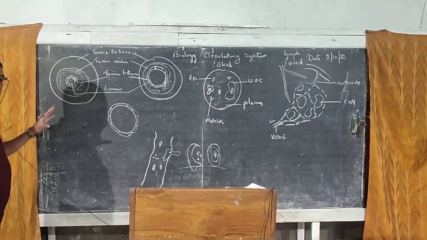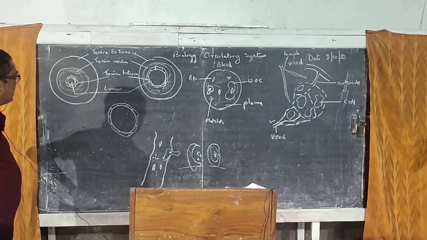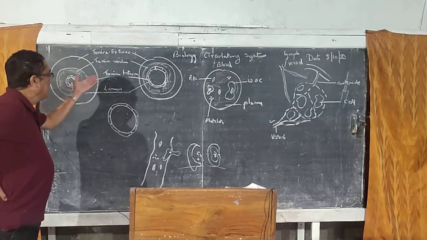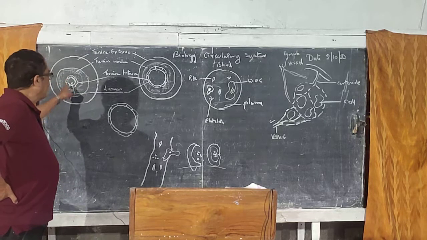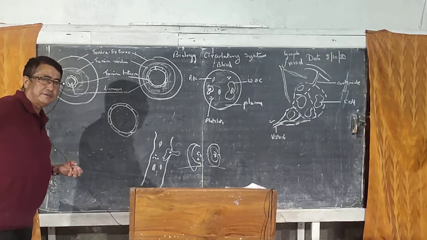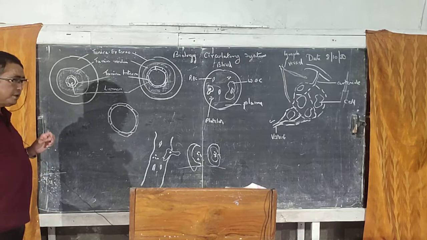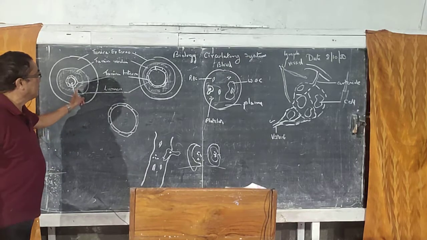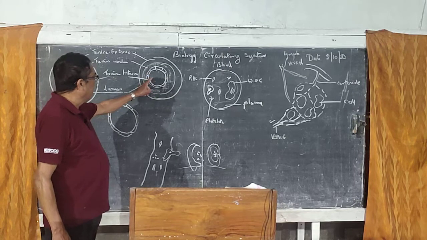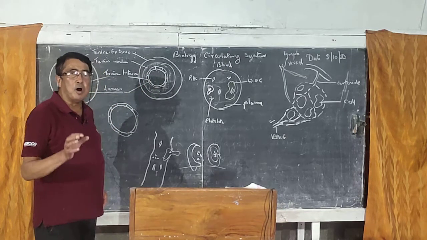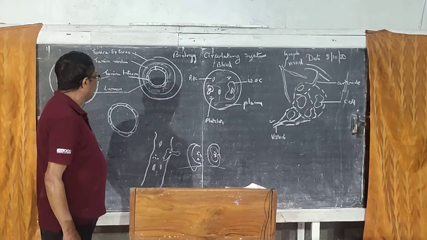So, you must know how to identify from the diagram the three types of blood vessel. First, you look for the lumen, then the thickness. Lumen narrow, thick wall, that is artery. The wall is thick in artery because blood flows under pressure, so it has to resist that pressure. But in vein, blood flows at very low pressure, so the wall need not be thick.